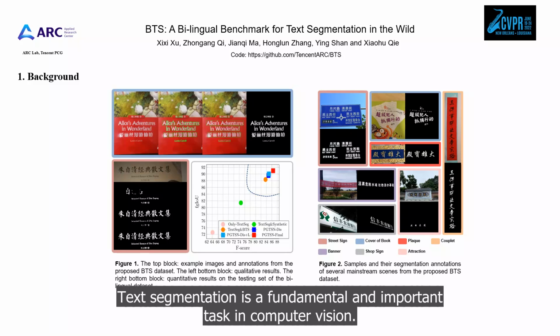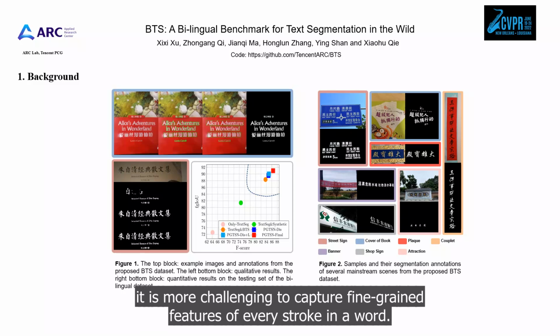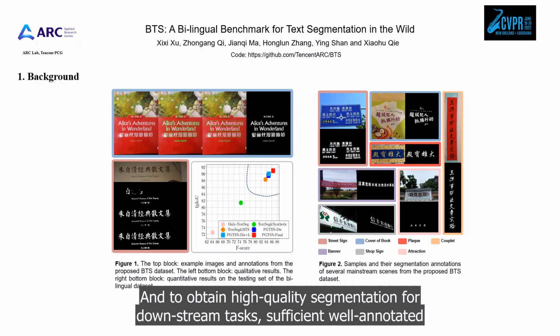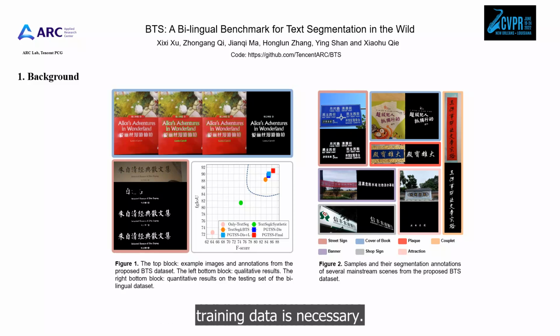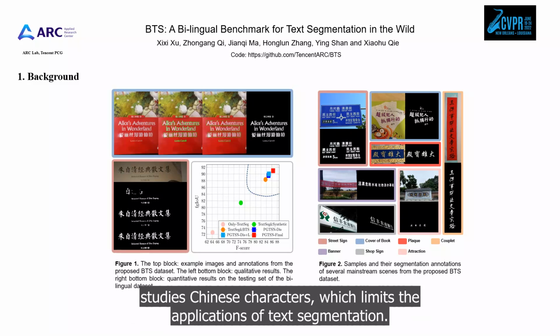Text segmentation is a fundamental and important task in computer vision, as the structure and strokes of text are looser and incoherent. It is more challenging to capture fine-grained features of every stroke in the word. And to obtain high-quality segmentation for downstream tasks, significant well-annotated training data is necessary. However, most public datasets only contain English characters and numbers, and few study Chinese, which limits the applications of